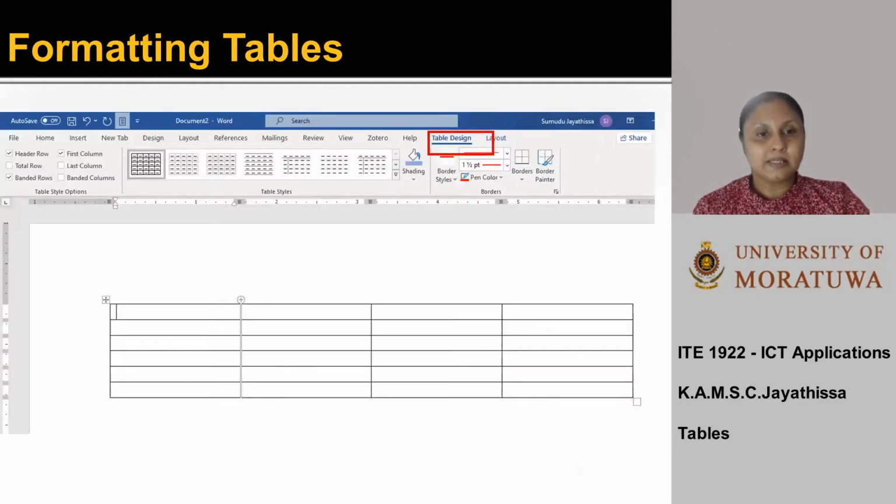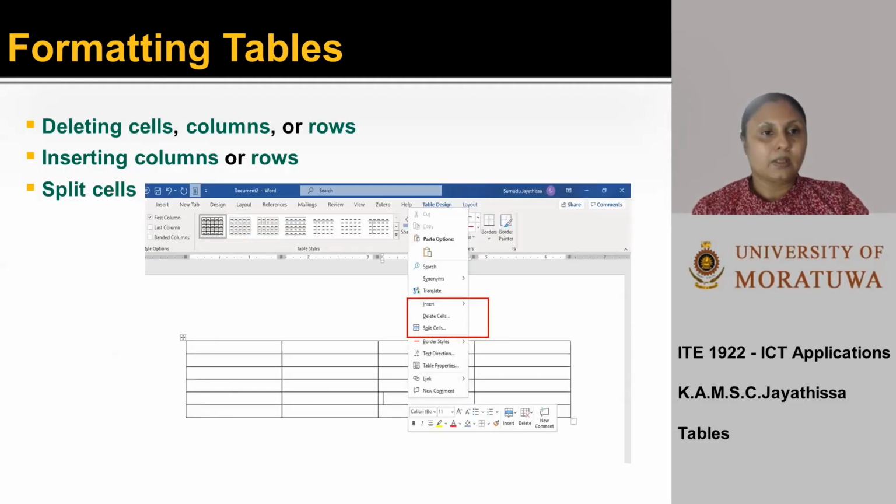And formatting tables. When you create the table, you will get an additional tab called Table Design. Here there are so many formatting options. So let's move to formatting tables, deleting cells, columns, rows, inserting columns and splitting cells.